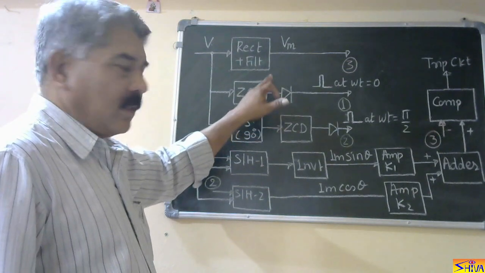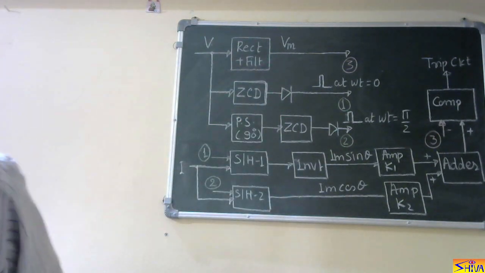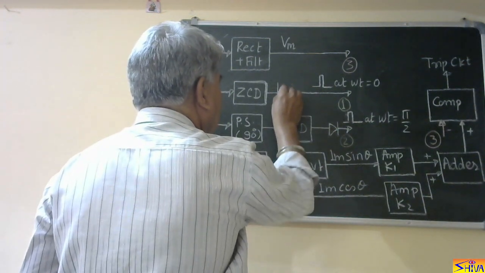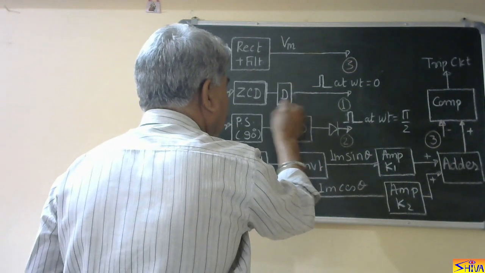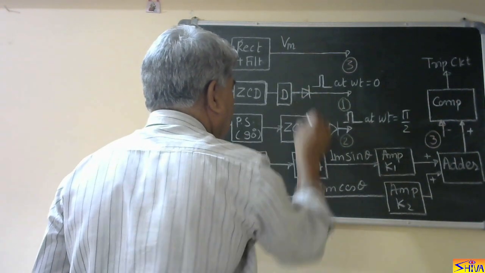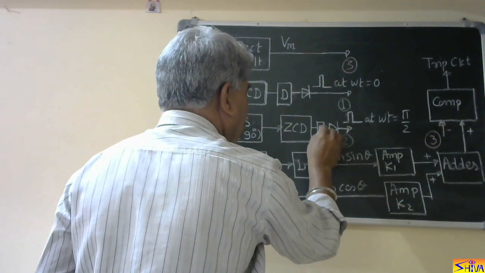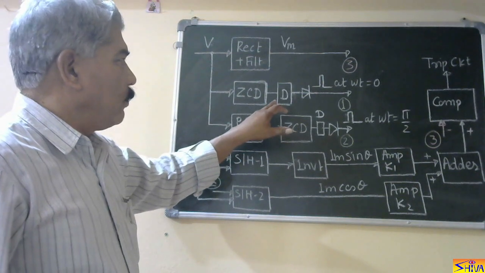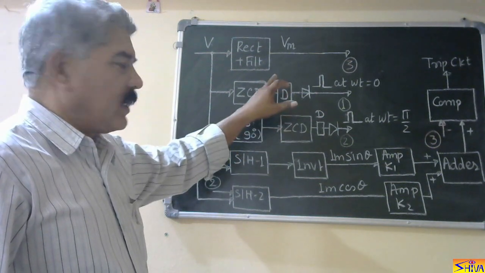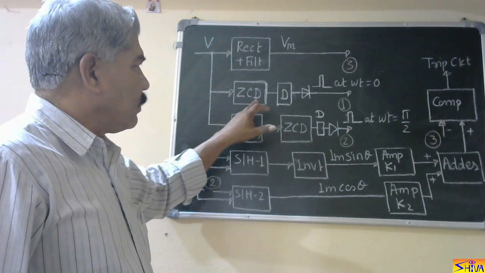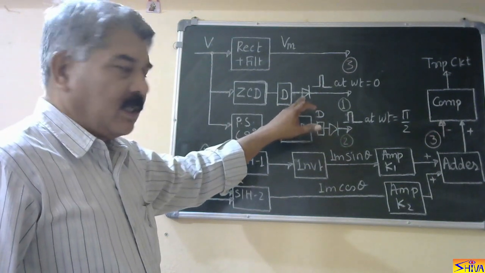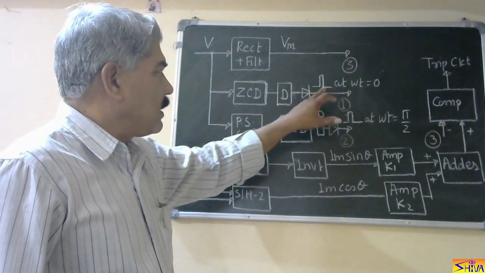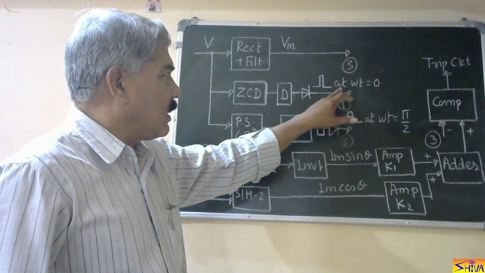After the zero crossing detector, here we require a differentiator. So we are getting the pulses at positive going and negative going of this zero crossing detector. The negative going pulses we are eliminating by using this diode. So we are getting the pulse at the zero crossing of the voltage signal, that is at omega t